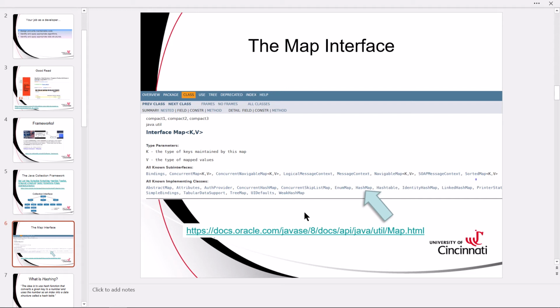This is significant in a subtle way because it means if you implement this interface, then there is already code written that knows how to talk to you. If you create a class that implements this interface, then you can use existing Java library code and existing code from other people to do neat things. There's another great reason for learning the interface and learning how to implement that interface.